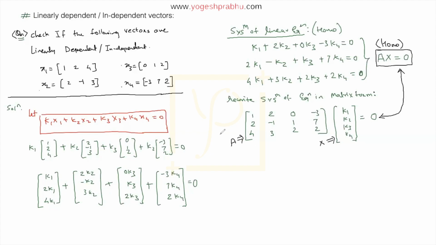Anyway, once we get it like this, now it's time that we reduce and simplify this system of equation. I'll just show you how we do that. First of all, we have to use all the row operations and convert this A into upper triangular matrix. So let me explain what I'm going to do next.